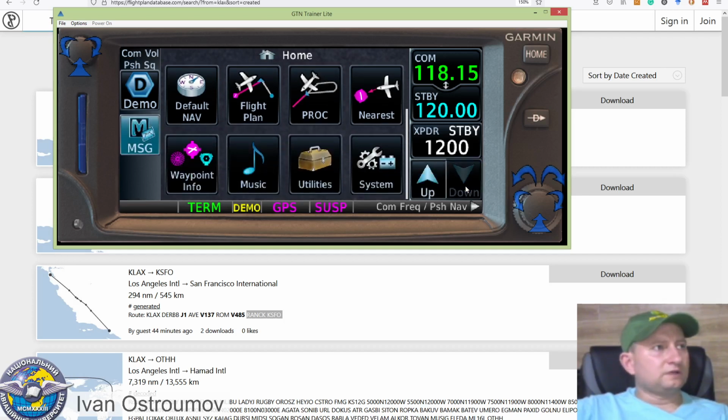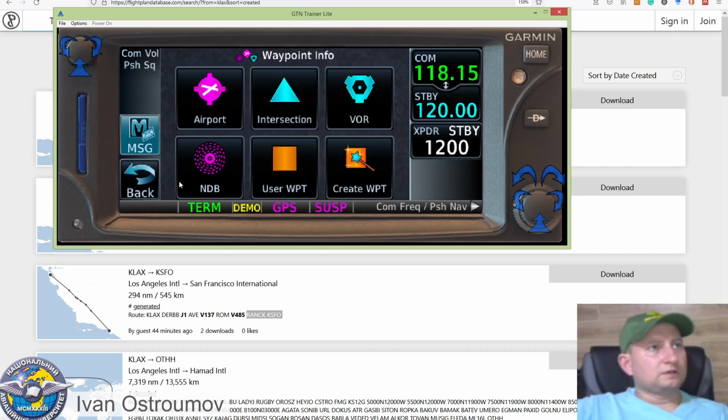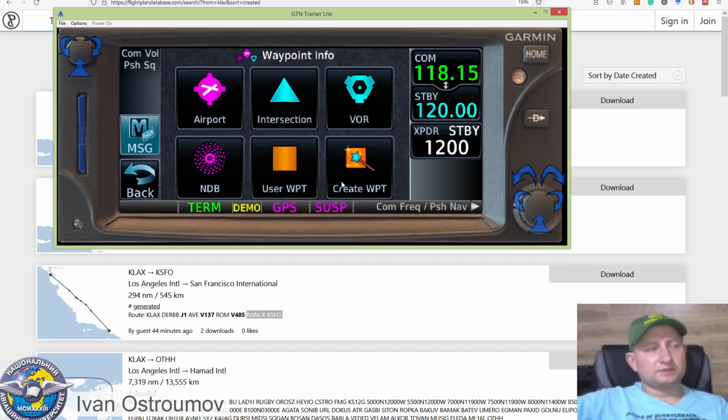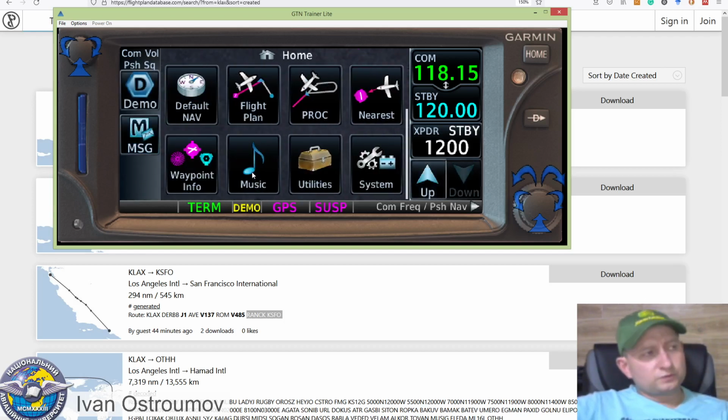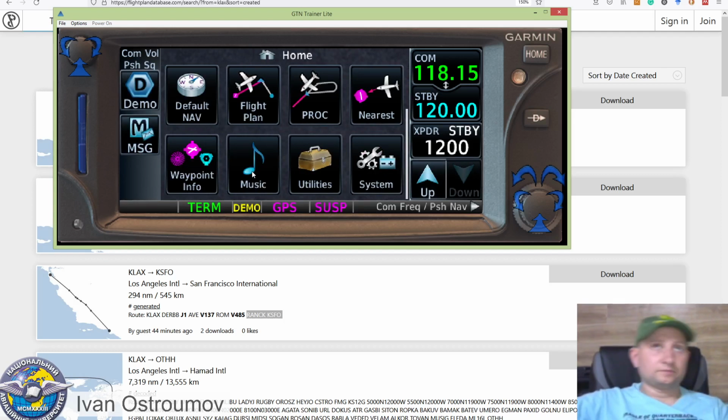Okay, let's scroll down. Also, here we can see waypoint information. Here we can create our own waypoint database. We can create new waypoints by coordinates, or by clicking on the map. Then we can save it with a specific name and use it for flight planning. In the music menu we can upload some tracks and then just play them. In utilities